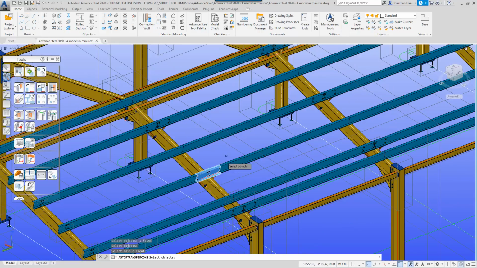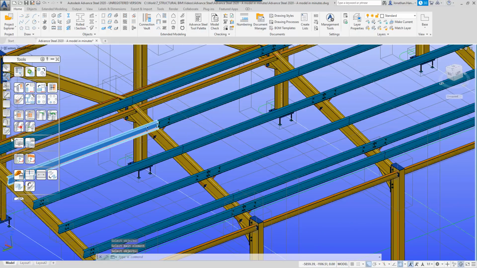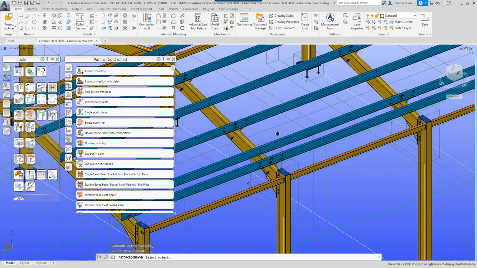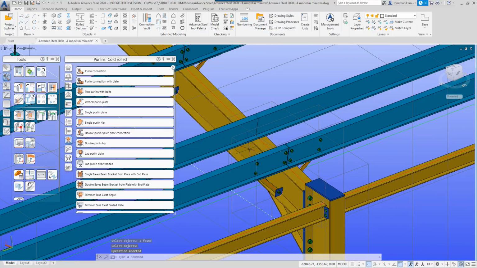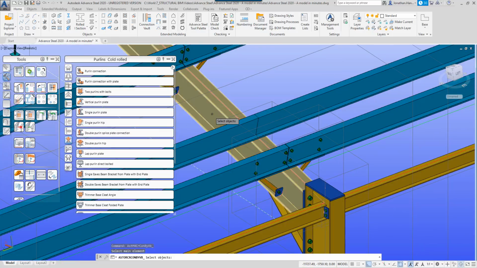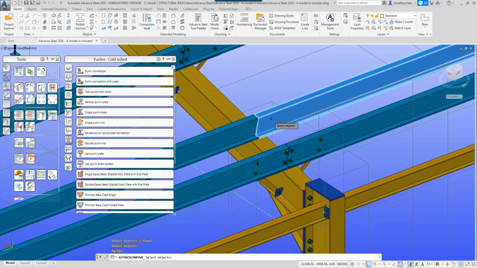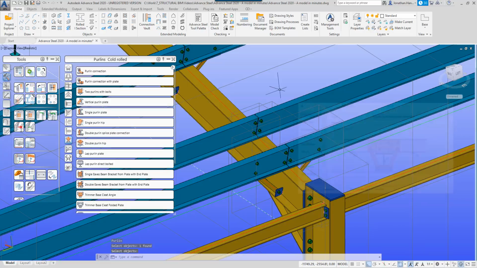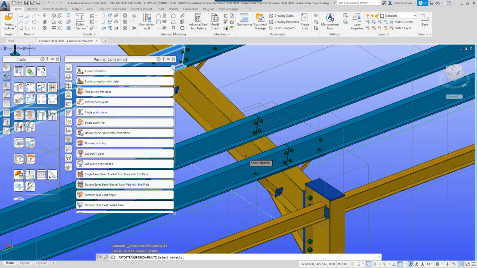So that should do that there, and then for every other intermediate one, again, connection vault, double purlin. There I'm just going to do a standard one where there's no sleeve or stays, so it's just a standard. So we'll leave it at that. Then I can do a joint copy multiple if I wish. Right, and select the joint,